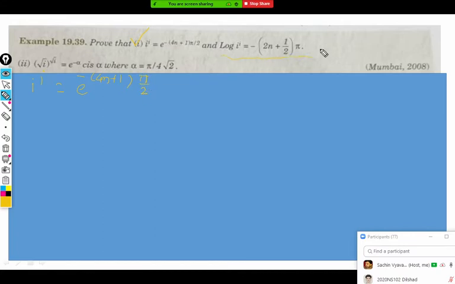Also, we have to prove this, the log of i raised to i. Is it visible? Whatever I'm writing, is it visible? You are able to see it clearly, no? Or should I change the ink? Change the ink, it will be better. Okay, which one is better? Pink is better here? Oh, so black would be better. Okay, I will take black then.